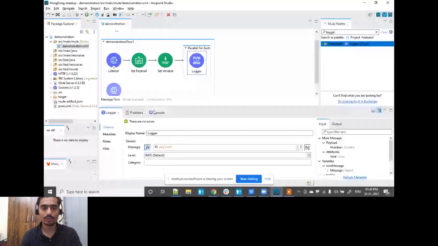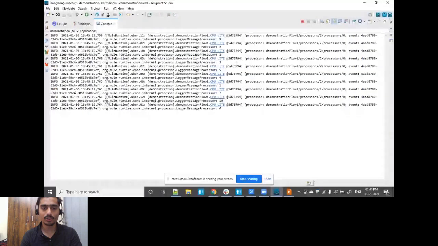I got the data in some random order. So you can see 9, 2, 8, 3, 5, 4, 1, 7, 10, 6. In some random order, I got the data. So remember, this data we are getting within my parallel for each scope. Within the parallel for each scope, the execution is happening in random order, and you can determine this characteristic by looking on the left hand side that the threads that are getting allocated are in random fashion.